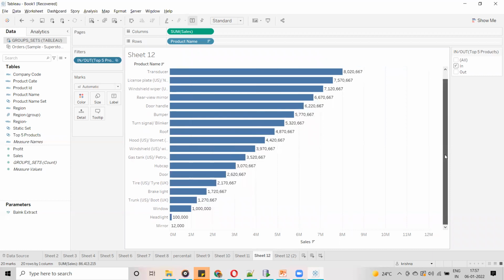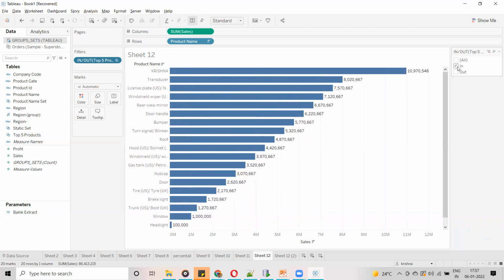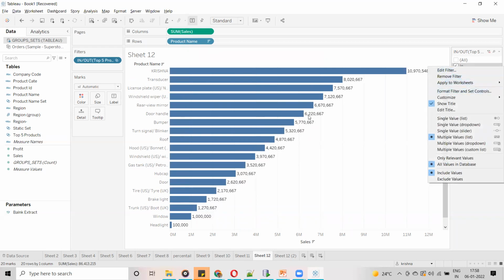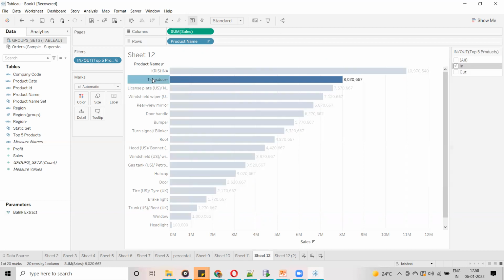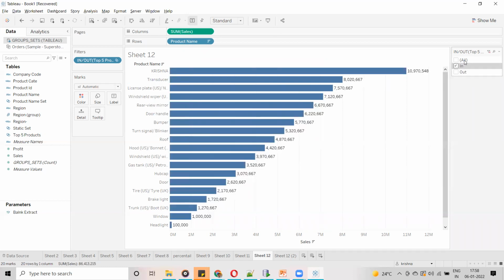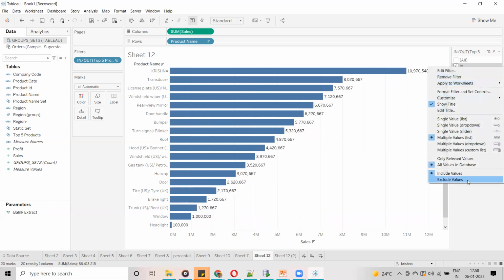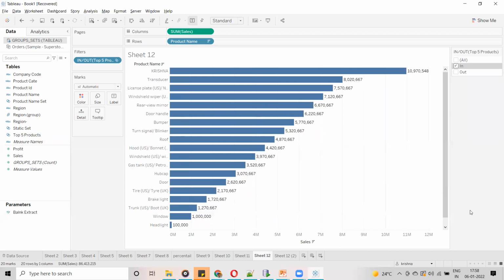But here you may have a doubt: how can we display it as internal and external? The simple thing you can do is right click on it. Normally we have done edit aliases, right? Here you are not going to get that kind of option for these data members. You can get the edit alias option, but if you click on what is displaying, you cannot get this option. So for that, I am going to write one simple calculation.